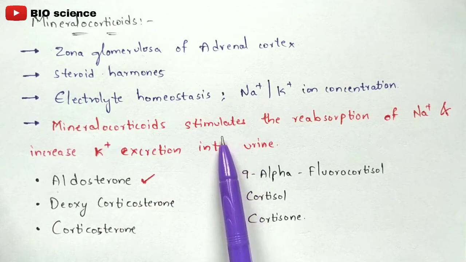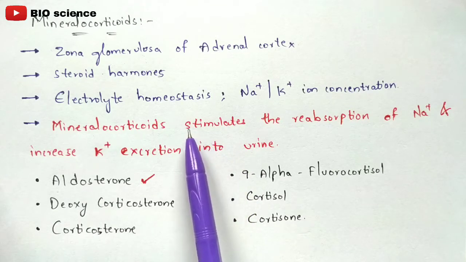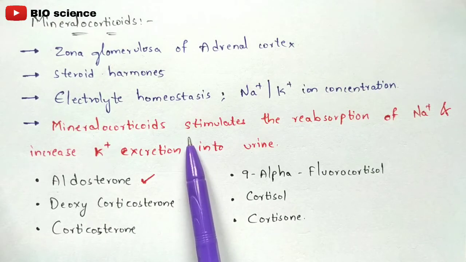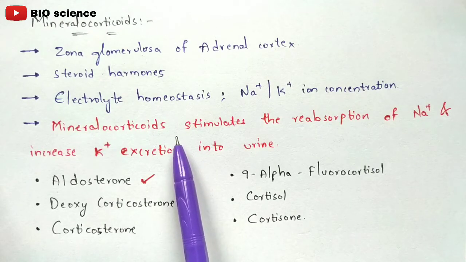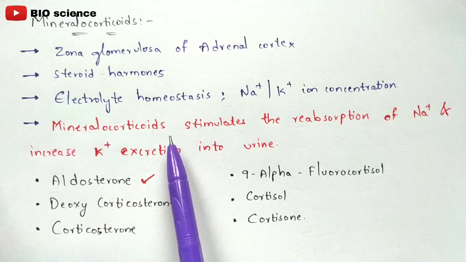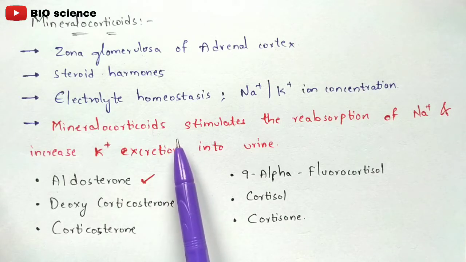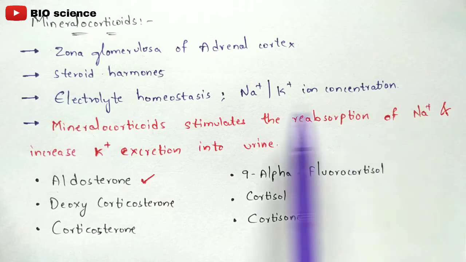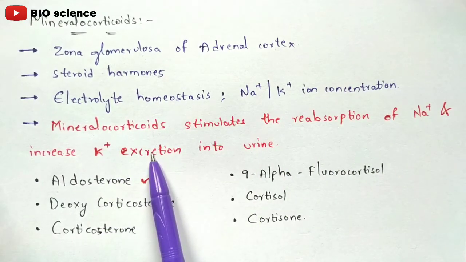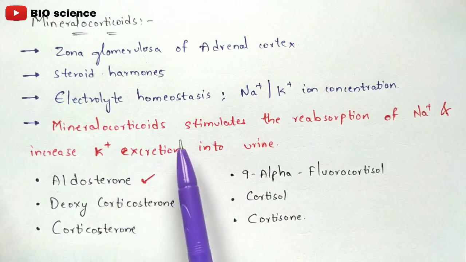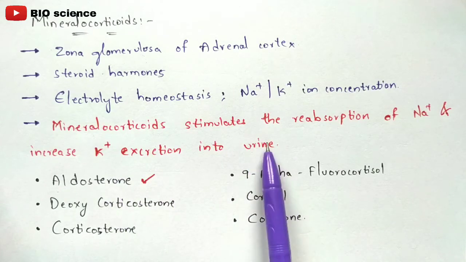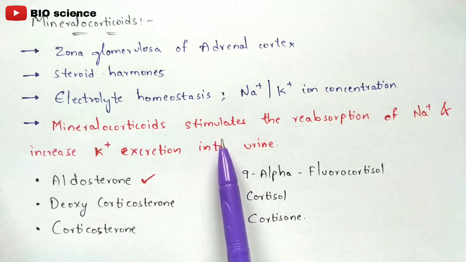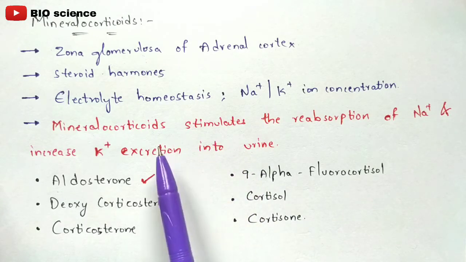So if you drink water, then normally what is the function of the kidney? It purifies the blood, right? And we know that in the kidney the blood and water get mixed. When you consume water, the kidney will purify that blood with the help of the water, which all of us know, right? So the reabsorption of Na+ ions will take place, and then it increases the K+ ion excretion into the urine. So the potassium ions will be excreted in the form of urine, which is a waste form, right? And the purified form will be filtered into the blood such that pure blood can be obtained, right?